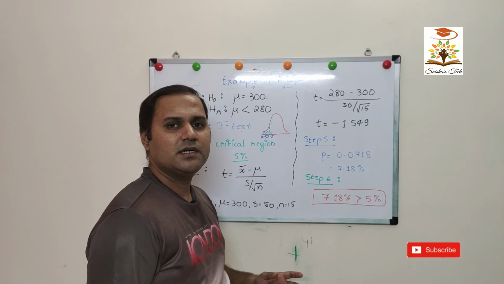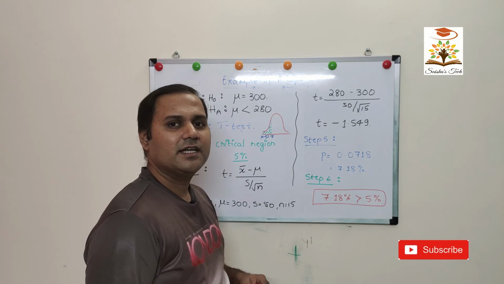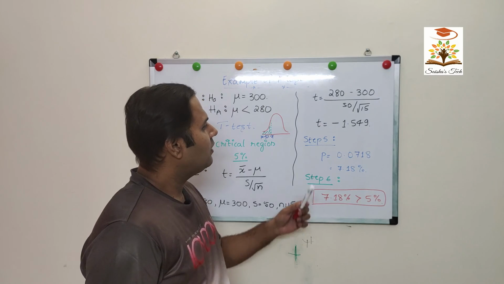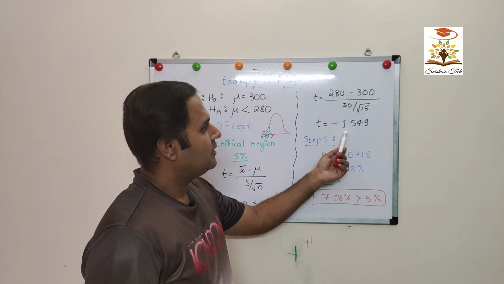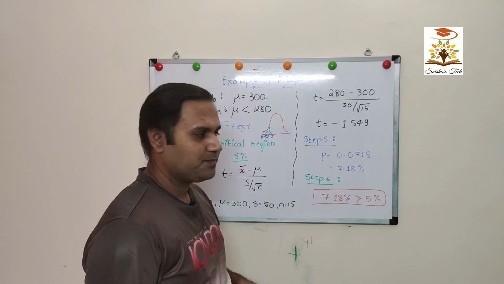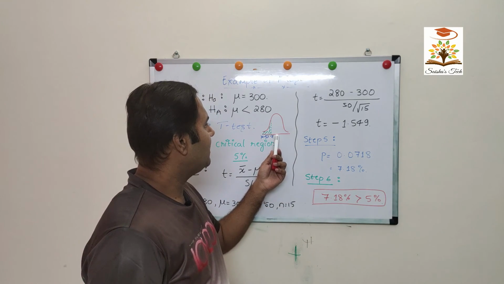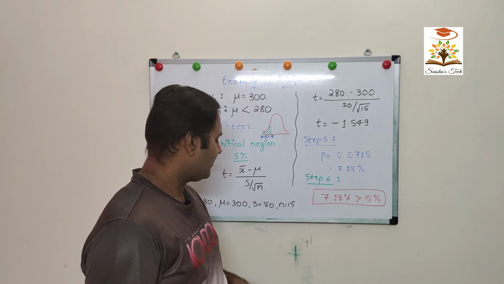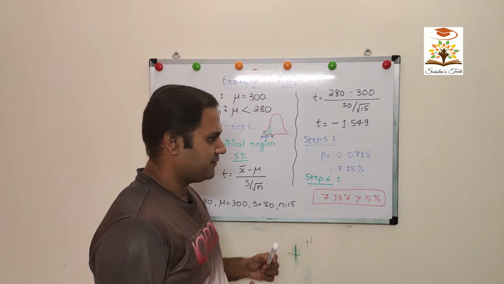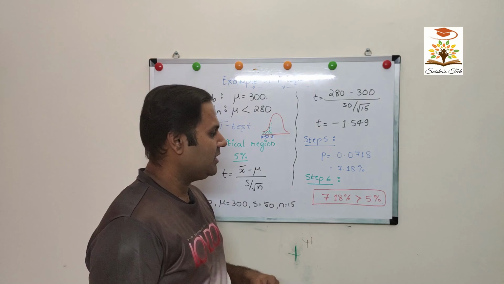Now from any of the websites we can get the p-value for t is equal to 1.549 leaving the negative sign, and as we are testing less than 300, it is a left-tailed test with number of samples as 15,